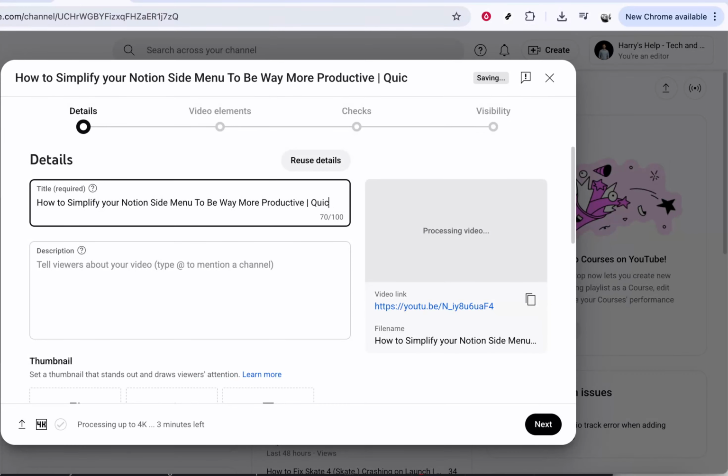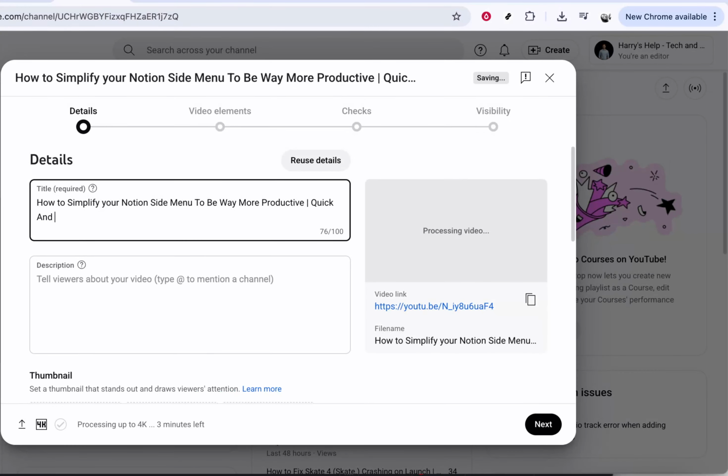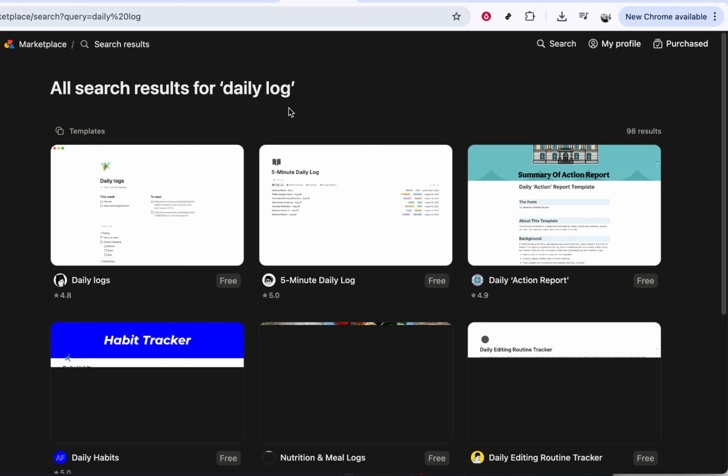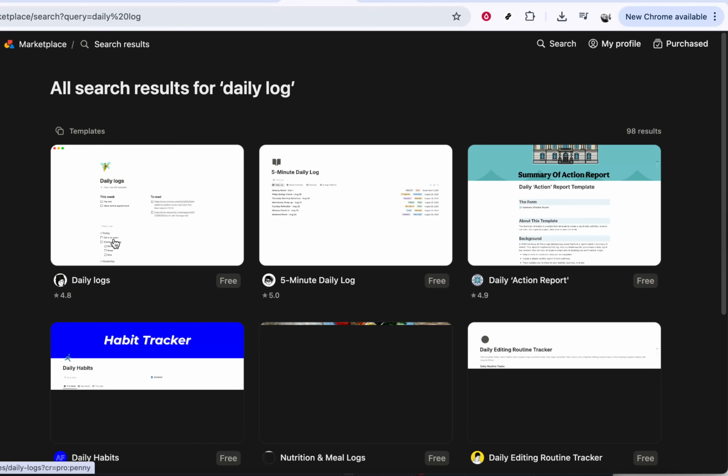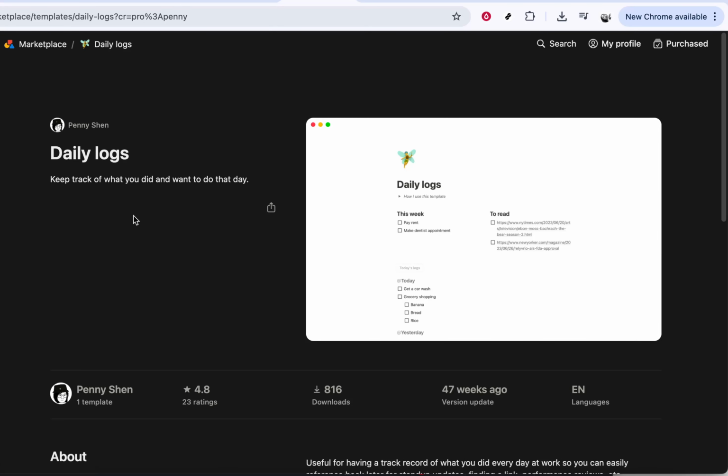In today's video, I'm going to teach you how to create a Notion daily log. Notion is a fantastic tool for organizing your tasks, thoughts, and projects, and creating a daily log is one of the best ways to keep track of everything in your day-to-day life efficiently. Whether you're new to Notion or looking to optimize your workspace, this guide will take you through the process step